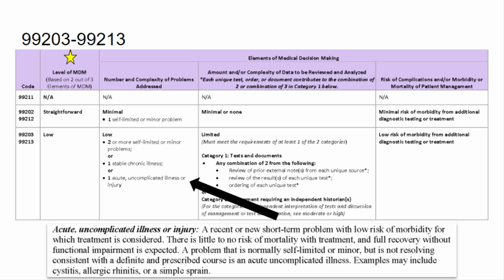get a little fuzzy. So with acute uncomplicated illness or injury, it's recent or new short-term problems with low risk of morbidity, for which treatment is considered. There is little to no risk of mortality treatment, and full recovery without functional impairment is expected. A problem that is normally self-limited or minor, but is not resolving consistent with a definite and prescribed course is an acute uncomplicated illness. The difference is the complexity, that this may take longer. So the condition is going to take longer to resolve than what the 2 or more self-limited or minor problems